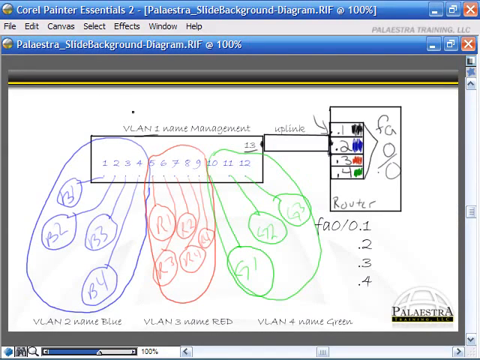What we would need to do is have an IP addressing scheme that functioned appropriately with the way we have our VLANs laid out. So VLAN 1 might be 20.1.0.0. And VLAN 2, the blue VLAN, might have a subnet of 20.2.0.0 just to make it easy. VLAN 3, 20.3.0.0, and VLAN 4,